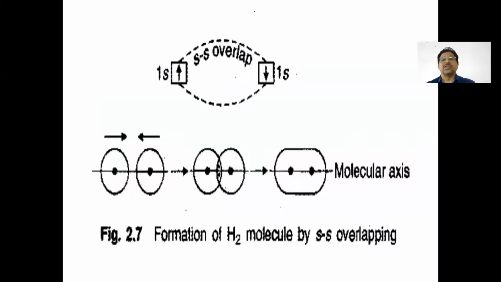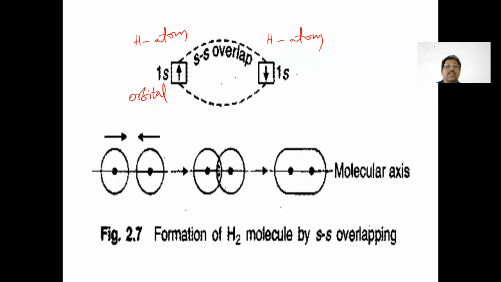In valence bond theory, first of all, what we have to understand is that you take a 1s orbital from one atom. How many electrons does this 1s orbital have? One electron is there. As one electron is present in the 1s orbital, it must be a hydrogen atom. One hydrogen atom we have taken, and here one more hydrogen atom. So 2 hydrogen atoms we have taken in total.